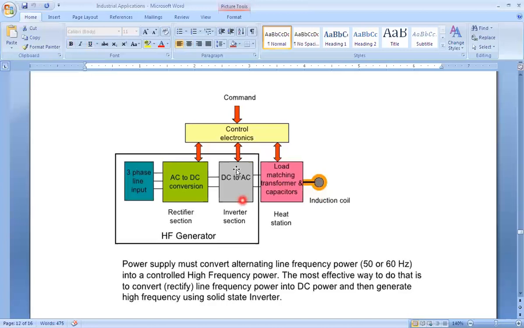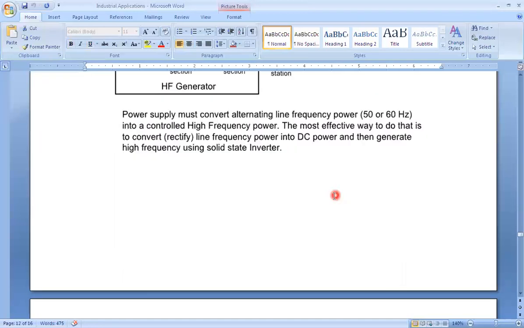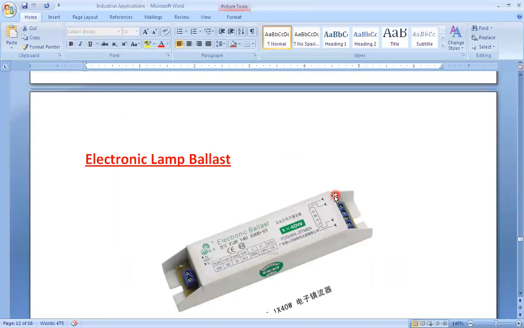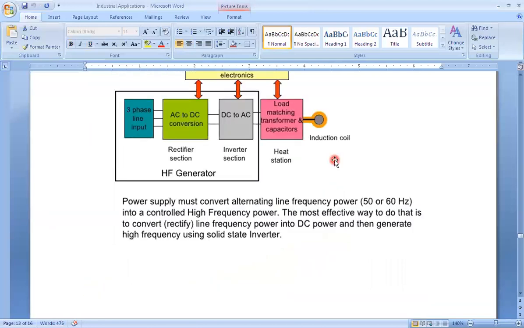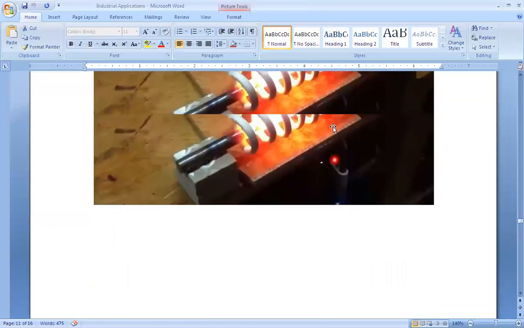Okay. So here the generated frequency is either 50 hertz or greater than 50 hertz, or by controlling the firing angle within this inverter, we will get the high frequency to mold this iron material placed inside the coil, right? So this is another application, and it is through a static, solid state inverter only that we are creating the heat in the induction coil. So this is all about induction heating.